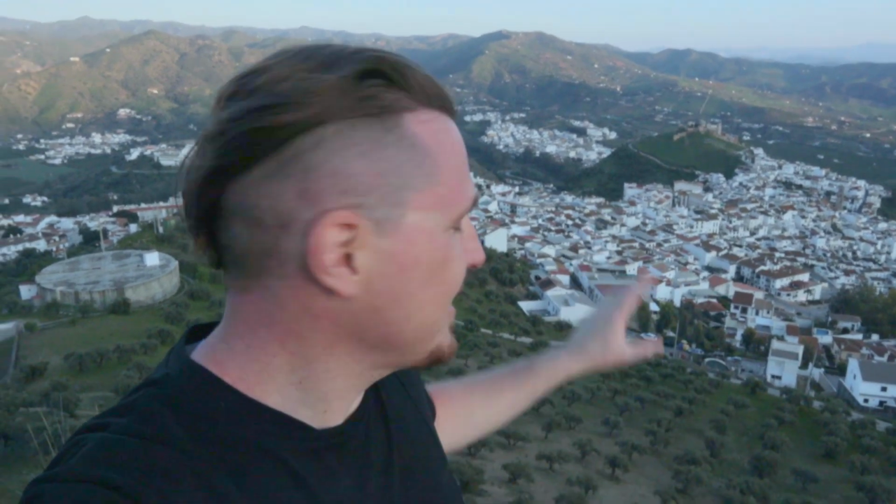So with this fantastic view here over Alora. Alora is a little whitewashed village in the center of the Malaga province, just nestled into the mountains, and it's one of those